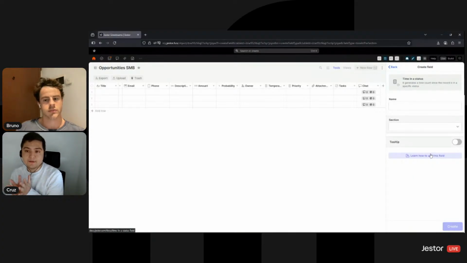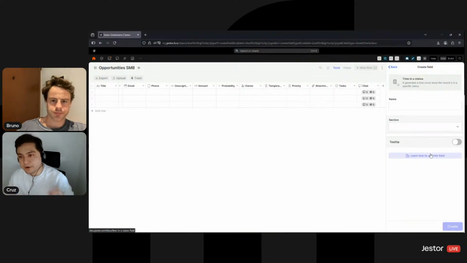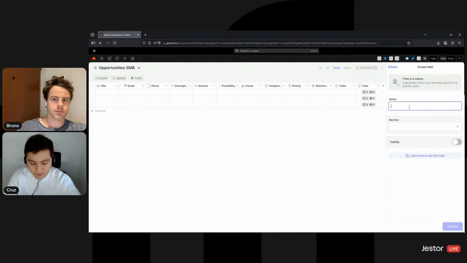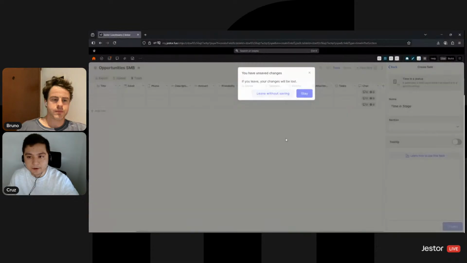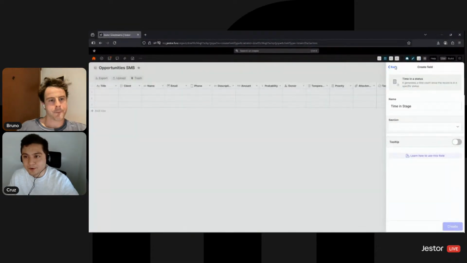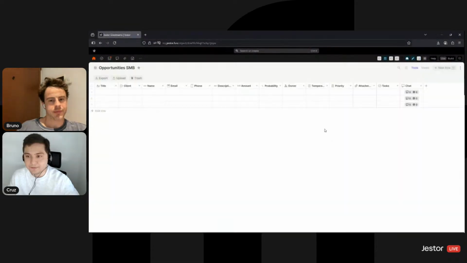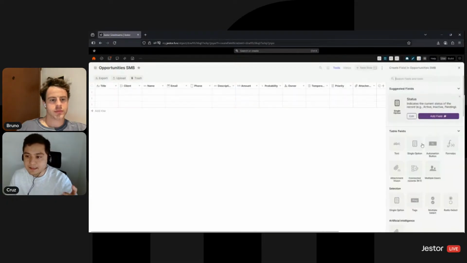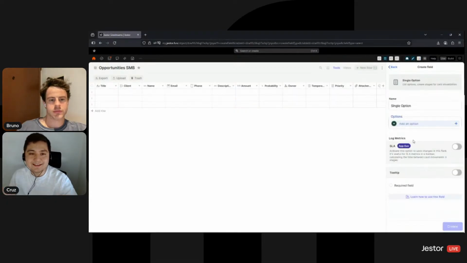Of course, we're going to have the SLA features as well. We're going to talk about this, but I also want to have this in the cover of the card, so I'm going to create this field as well. Time in stage. I don't have the stage yet, sorry. So I have to create the stage beforehand, which is the last field that we're going to create here, which basically is the field that dictates the stages that I have in the CRM, right? So I'm going to create a stage field,